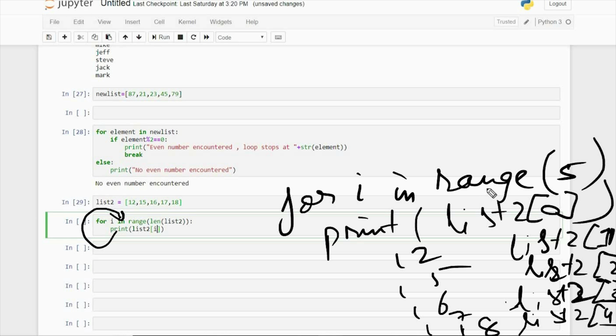And I told you that in the range function, if I write 5 here, it will go from 0 to 4, not from 0 to 5. So that's how a for loop works, and that's all for the for loop. To understand this better, we'll apply it in